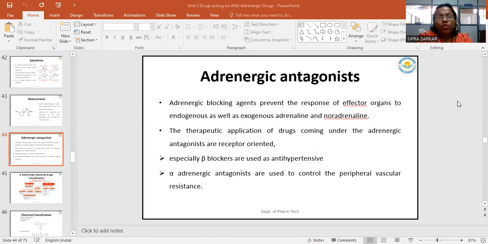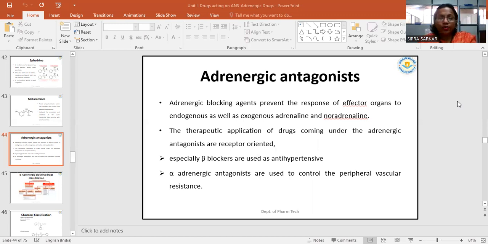Adrenergic blocking agents prevent the response of effector organs to endogenous as well as exogenous adrenaline and noradrenaline. That means the action of adrenaline and noradrenaline secreted from the adrenal medulla will be prevented. Sometimes in case of any emergency, the adrenaline drug or adrenaline hormone should be prevented. There are also some other adverse effects of adrenaline and noradrenaline that will be prevented by